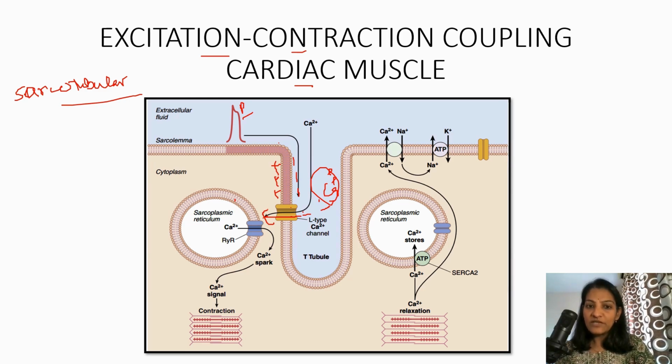And in the sarcoplasmic reticulum part, that is the L tubule of this sarcotubular system, its cisternae is having one more type of receptor channel protein, which is again the ryanodine receptor, as we have seen in case of skeletal muscle. This ryanodine receptor is present in the terminal cisternae of the sarcoplasmic reticulum, and this ryanodine receptor is sensitive for the calcium ion coming from ECF to ICF. And this calcium ion is going to open this ryanodine receptor channel, and the calcium will enter from sarcoplasmic reticulum towards the